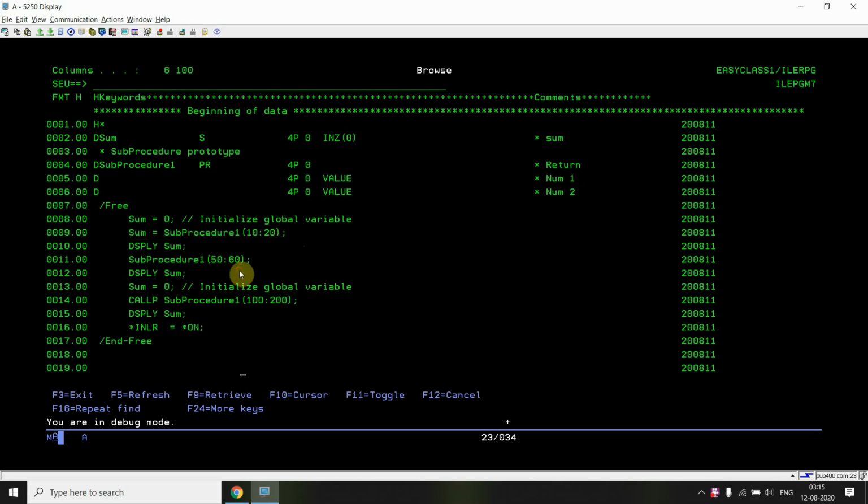In these two cases, the procedure is returning some value, but we are not taking that value into any variable, so we are basically losing the return value. Using these two approaches, we don't have access to that return value. Whatever our procedure returns, we don't know what it returns.